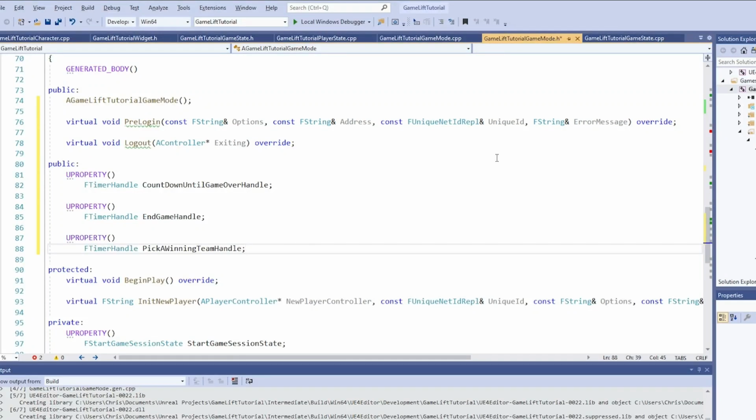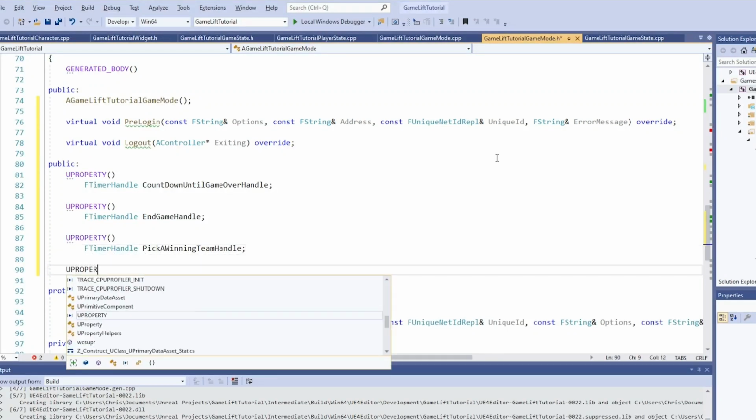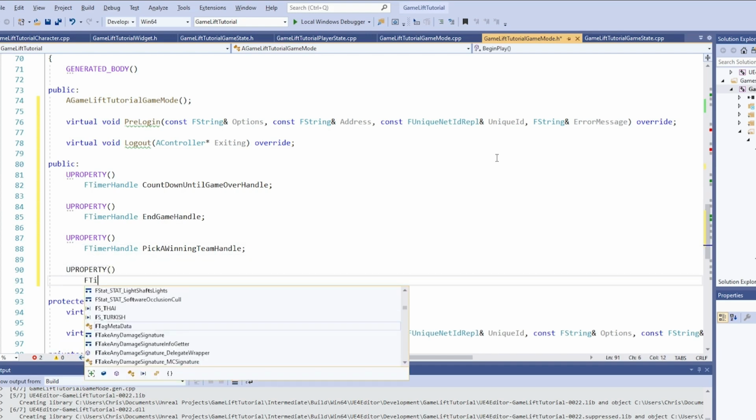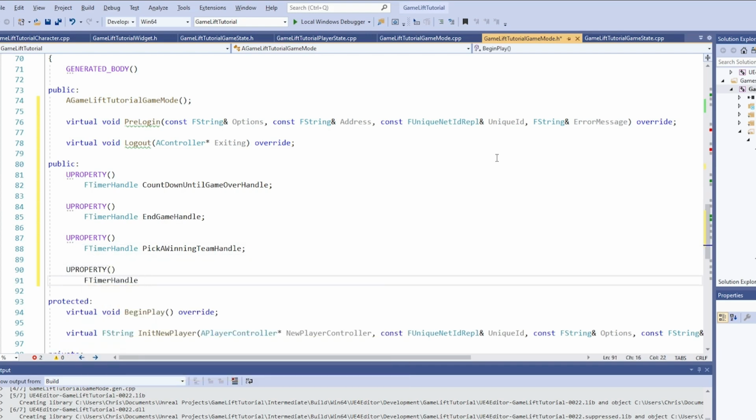checks if the server process was interrupted somehow. It has to terminate, so type out UPROPERTY(), FTimerHandle, and then we'll call this variable HandleProcessTerminationHandle. And lastly, we need a timer handle for a delegate function that will constantly do one of